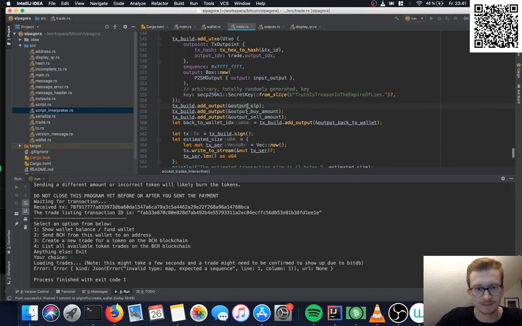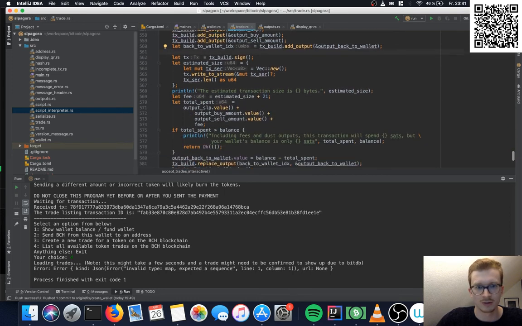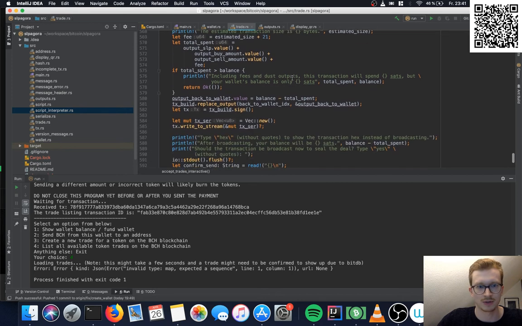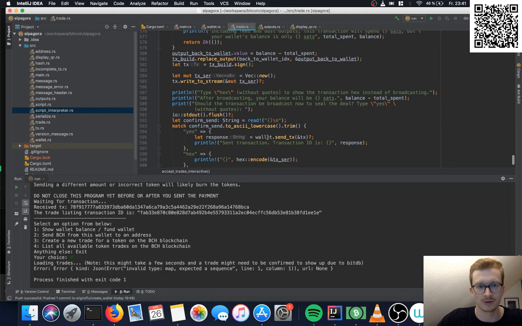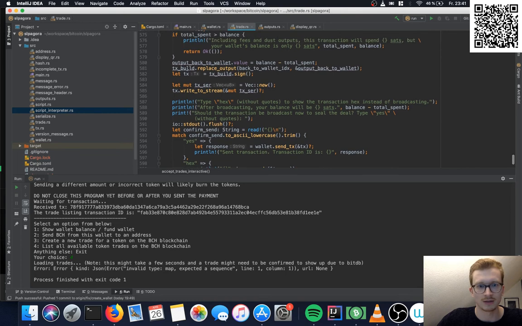After that, we put all our outputs together, do the size estimation, check if the wallet has enough satoshis.